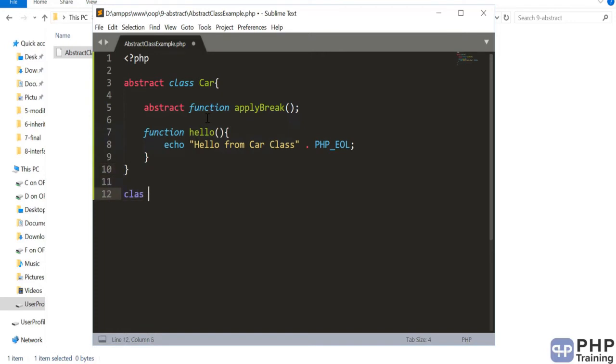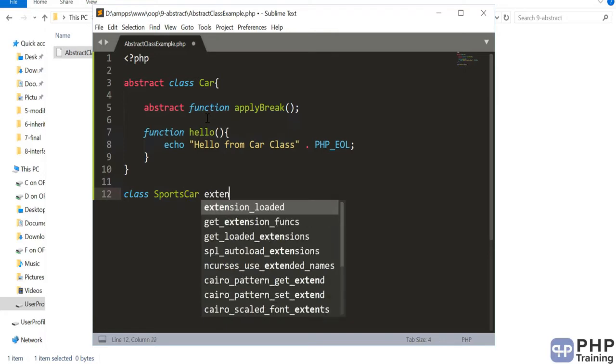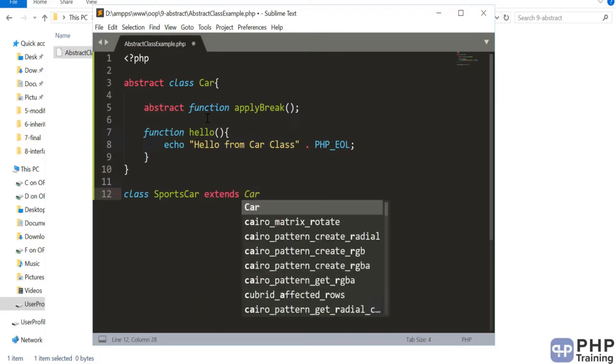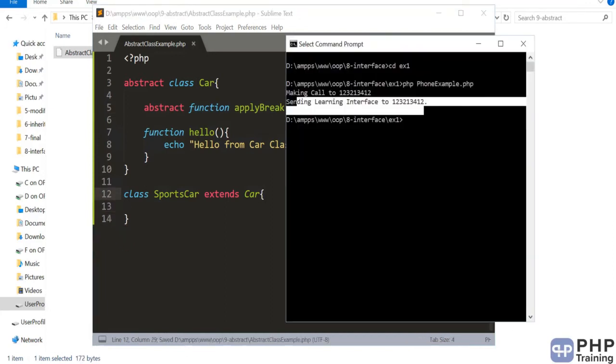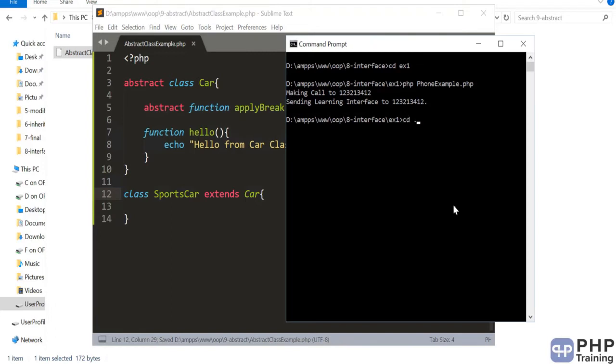Now you can have a class that extends the abstract class. Now you have to implement the apply break method. So let's see what happens if you don't implement it. Then we'll see what happens if you create an instance, and then we'll understand the concept.